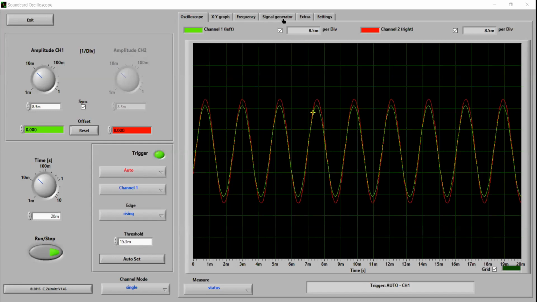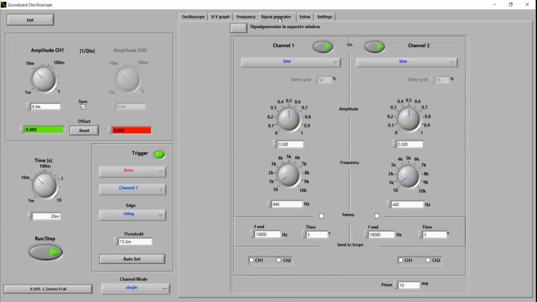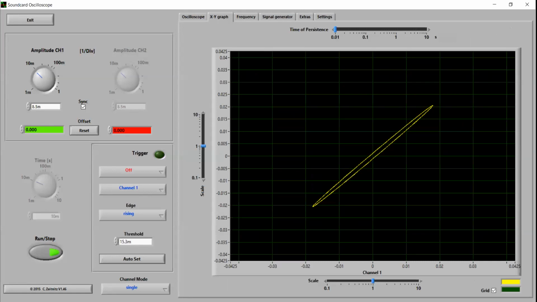Okay, so just go to signal generator. This is view. Now can you go to xswap dot for timing? It's flickering. No, it's not flickering.